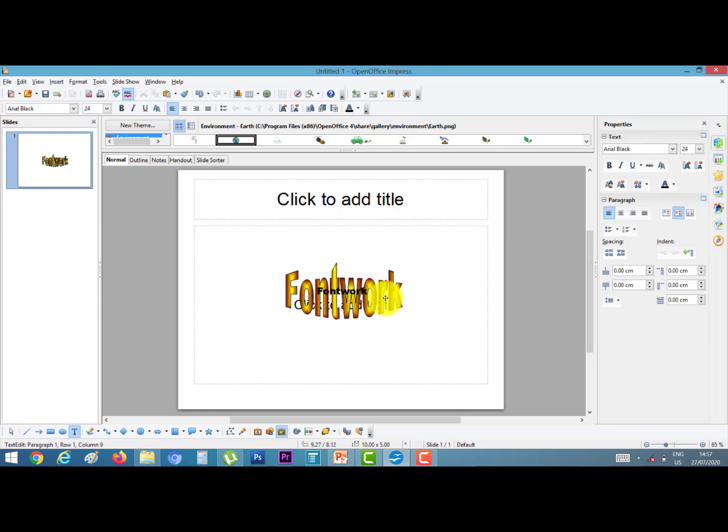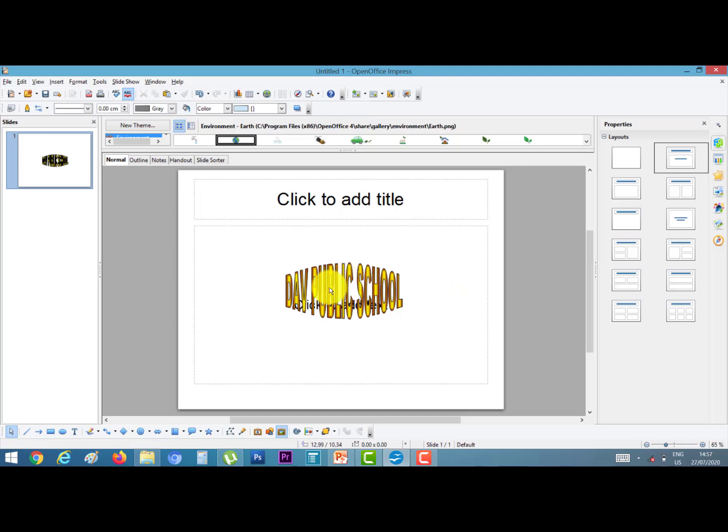Click on this side and erase this name, and you can write any name. Suppose I write DAV Public School and click on the other side on the screen.